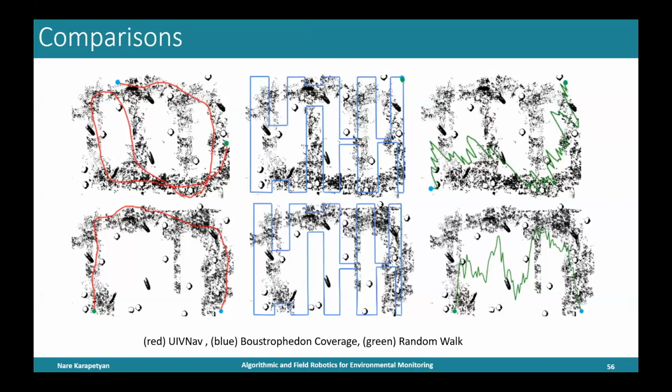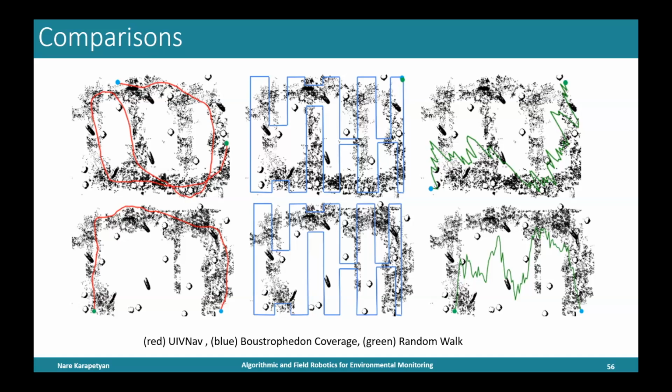And this is just a few examples of the oyster reef environments that we compared with the boustrophedon pattern and random walk patterns. The reason that we compare with the boustrophedon pattern is because it's kind of the state-of-the-art pattern for scientists. If they go somewhere to collect some data, or even people doing oyster harvesting, they will just do back and forth motions to collect some data. And if you don't know the actual representation of the map, you can't really do an exact boustrophedon pattern, right? So you're going to do some lawnmower motion. So given that, if we apply both, how well are we performing,